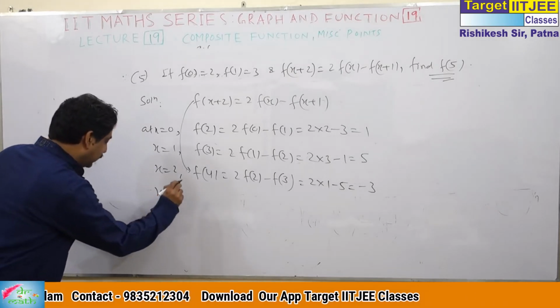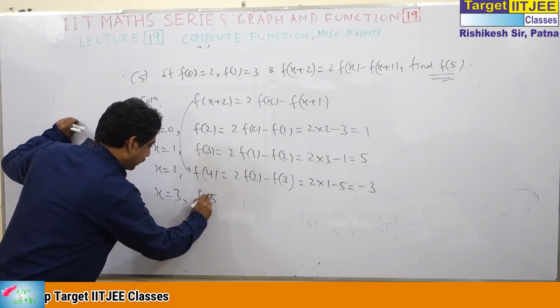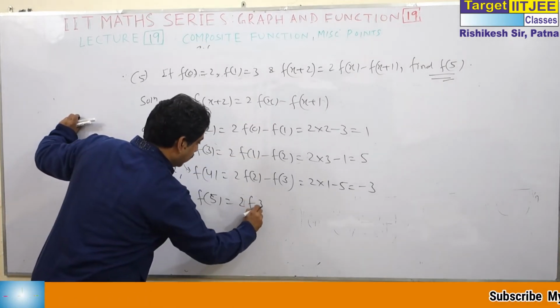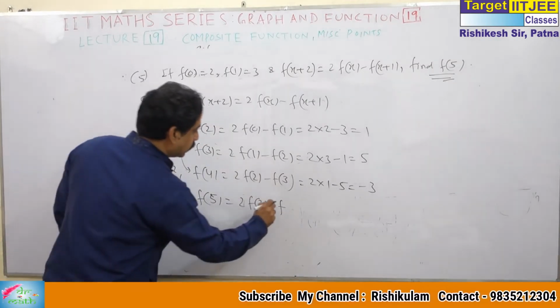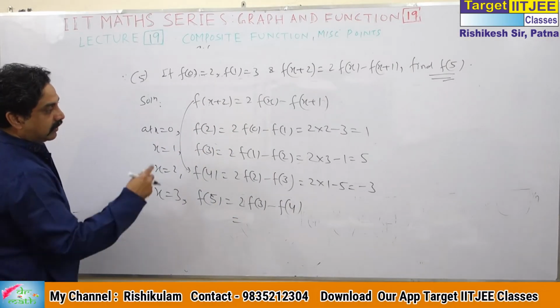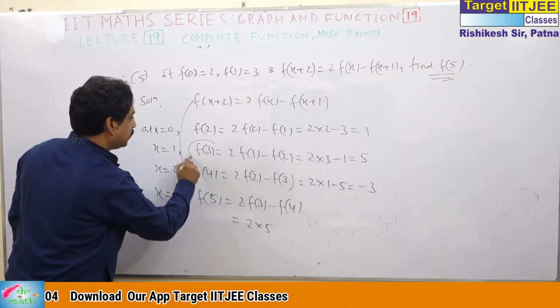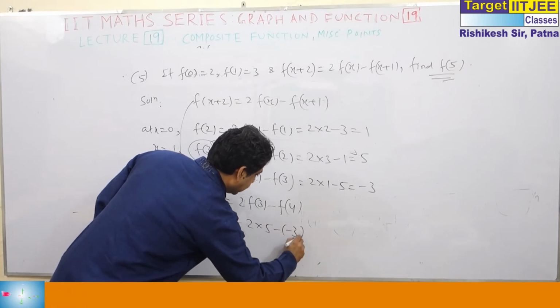And what is finally, when x is equal to 3, what do we get? At 3, this is 2 plus 3, 5. This is actually your 3. And this is your 4. So what is 2f3? What is f3? f3 is 5. You can see f3 is 5. What is f4? This is minus, what is it? 30.